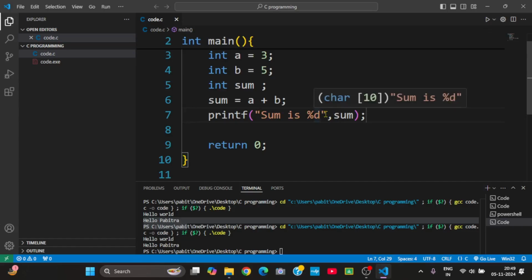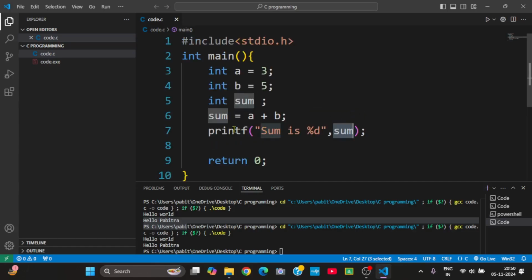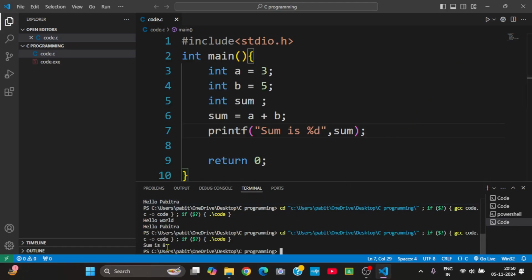After this double quote ending, we have to put a comma and the variable name here, that is sum. So I have simply written over here sum. So in this printf function, percentage d is the format specifier for integer for printing your result, then comma, then the output variable that is sum over here, then the parenthesis end and simply the semicolon. Okay, then if we run this, you can see the output is sum is 8,